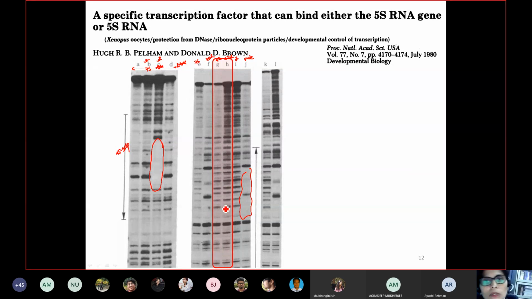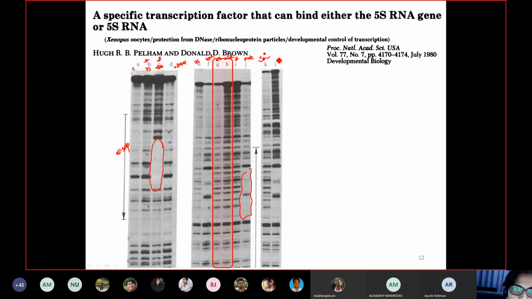So with this, they are able to say that 42S is not able to bind, but 7S protein is able to give you a lot of protection within the 5S DNA. So that means it is binding to the DNA. And then K and L lane is another experiment where you have a purified protein. You mix it with your 5S RNA, that means you allow this combination to occur, and then you see whether there is any protection. There is no protection because the two bind each other, and this molecule is not free to bind on the DNA because the competition is more towards RNA binding, right?